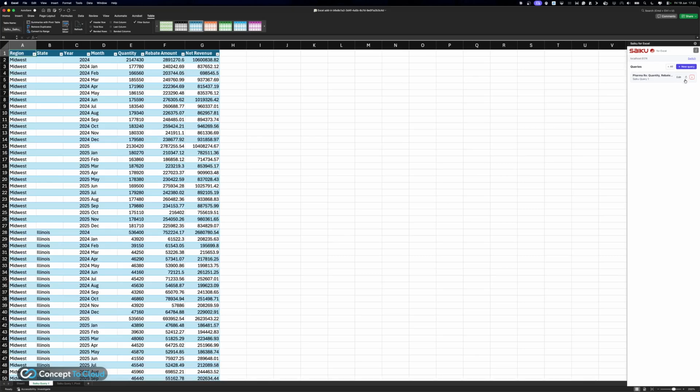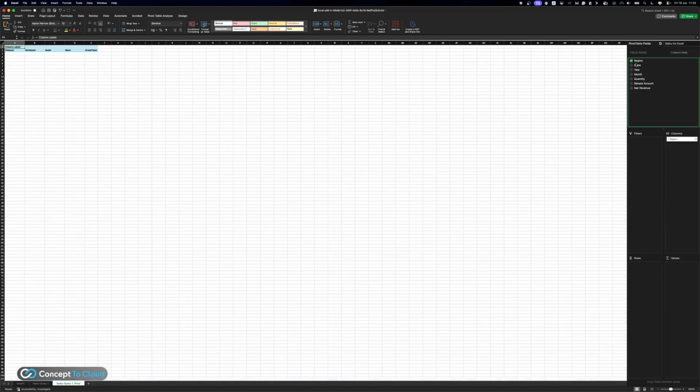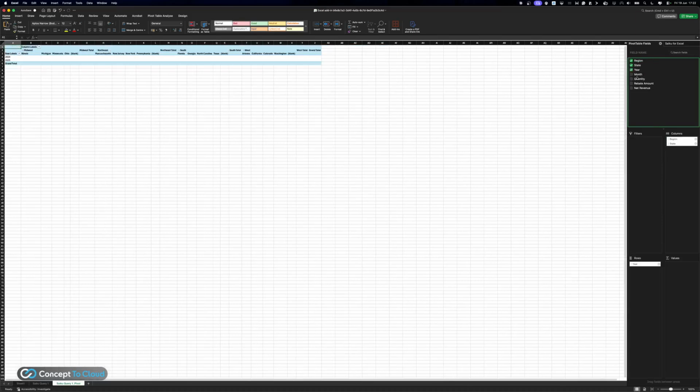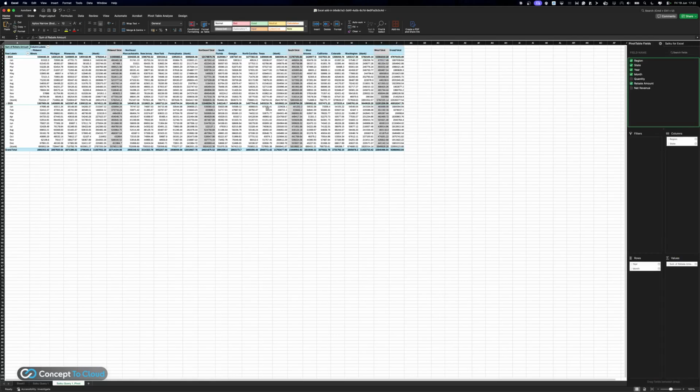You can, if your data changes, come in here and you can hit the refresh button. Of course, I'm authenticated on a specific server, so it only pulls the data from the server that you've asked it to. And then if I click on the pivot, I'm assuming, here we go. If I then say I want to be able to analyze by region and state and year and month. Sorry, my pivot table Excel knowledge is useless. But then if I chuck rebate amount in, there we go. So I have now connected,